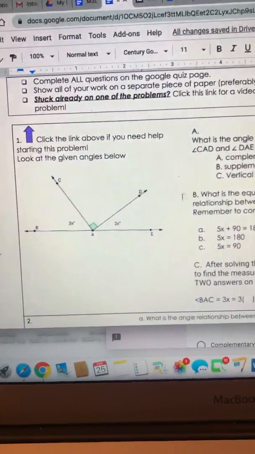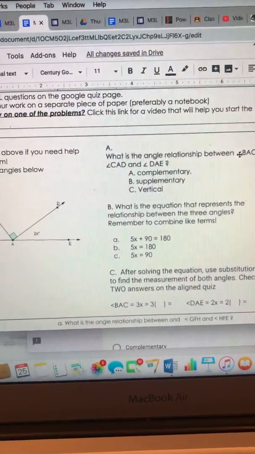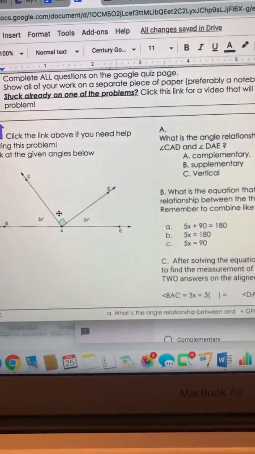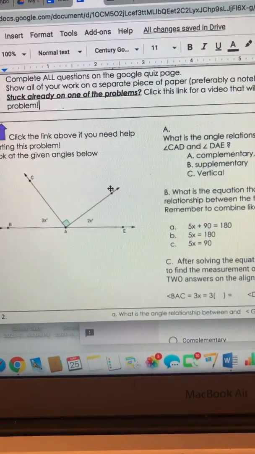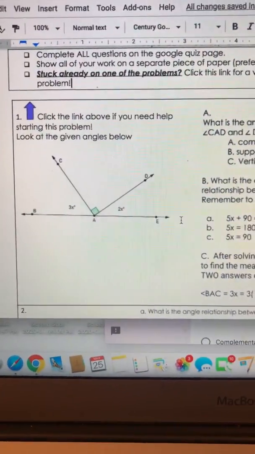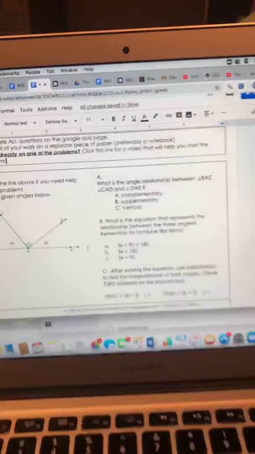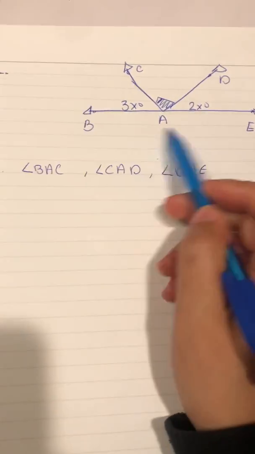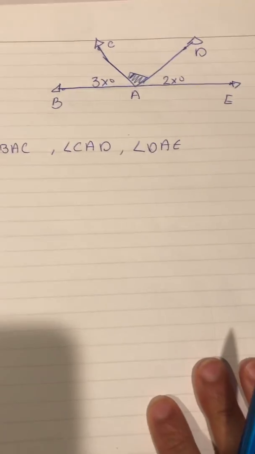So the first thing is, it asks you what's the angle relationship between BAC. So we have BAC, and then CAD, and then it says DAE. So basically, what's the relationship between all of these 3 angles? Now again, I'm going to mostly be teaching through here on the notebook. If you want to draw this out, you really should if you're working on your notebook or your piece of paper. Alright, so what I know is these are angles on a line,